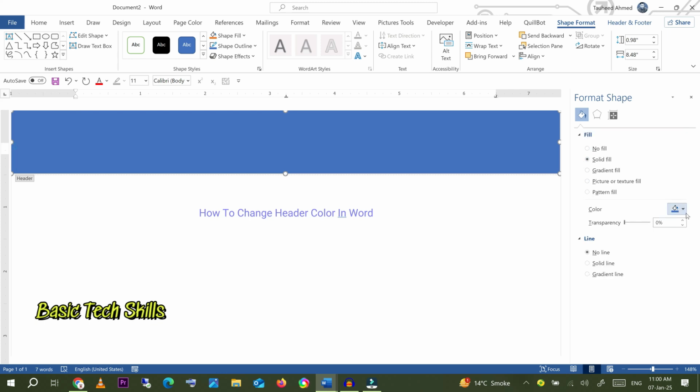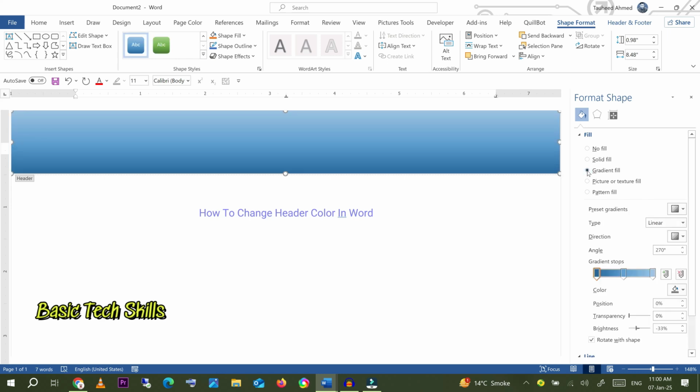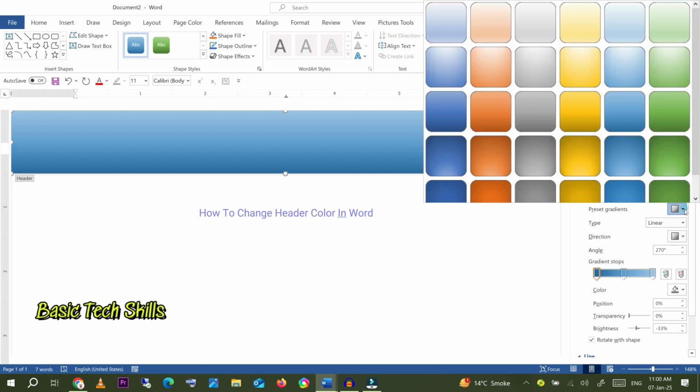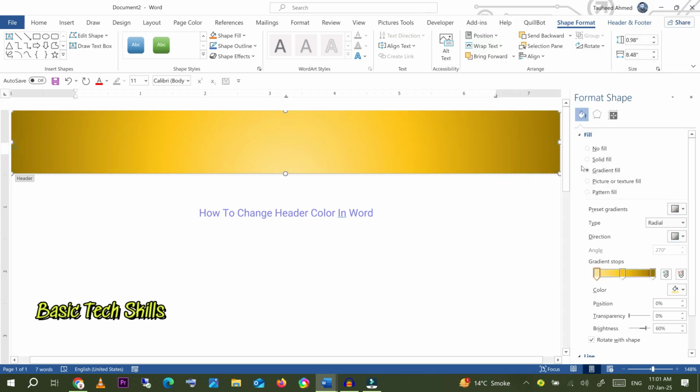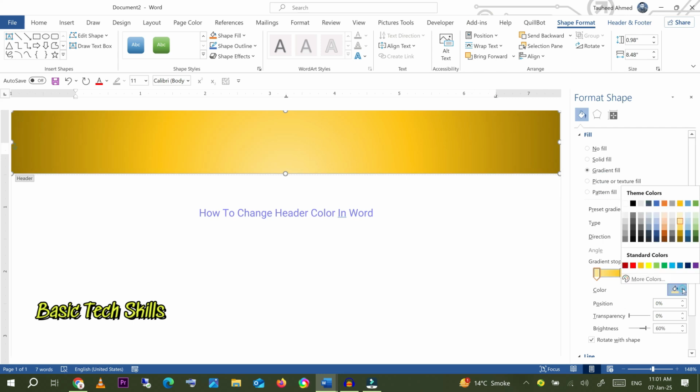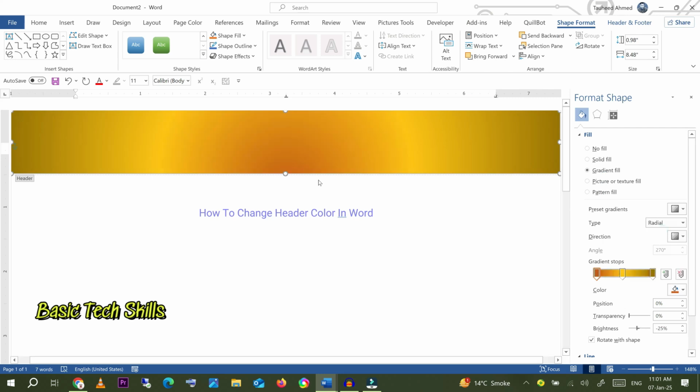and under the Fill you need to select the color, and here you can select the color of your choice. For example, I am selecting orange color, and if you want to select gradient color you can also select Gradient color, and here you can change the color, and the second color you may select red, and with this slider you can mix and match,